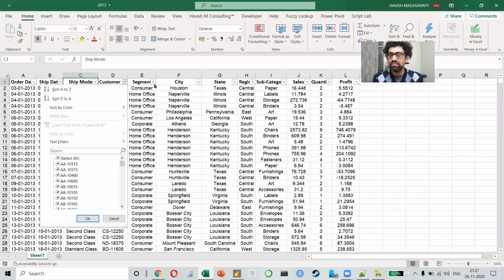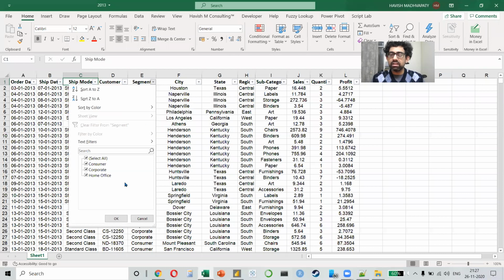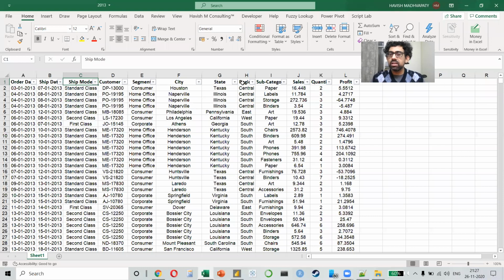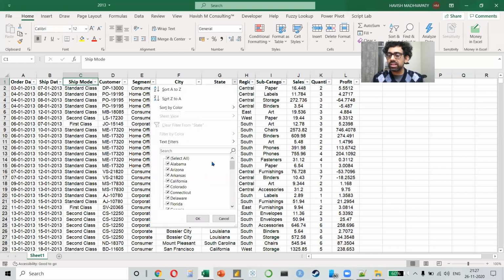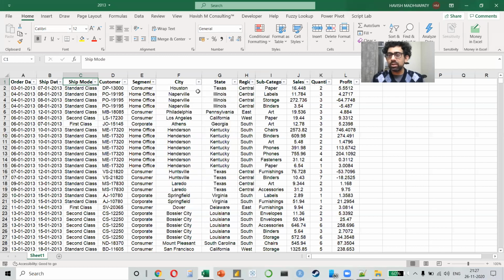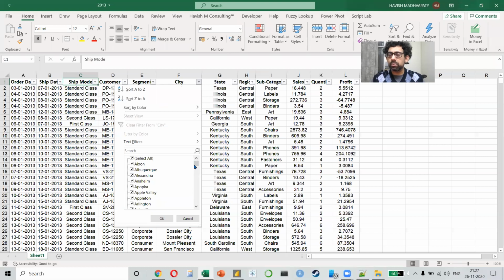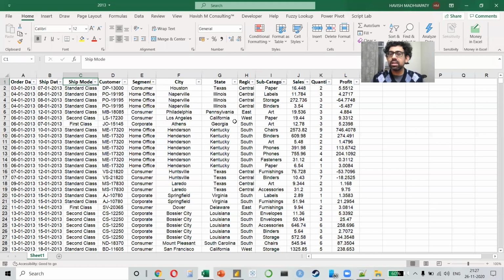Then there are 500-600 customers that I have. There are 3 segments to whom I'm selling: consumer segment, which is the B2C segment, corporate segment, which is the B2B segment, and the home office segment, which is the small office segment. Region is Central, East, Southwest United States. There's only one country. We have 49 states in the US. And obviously we have a few hundred, 100 odd cities here.